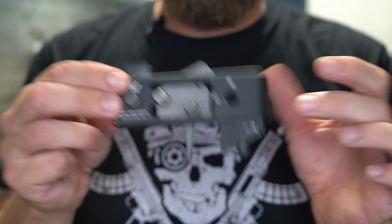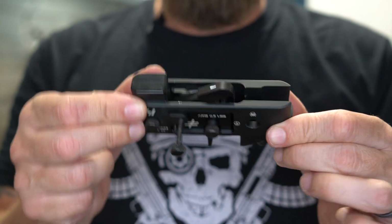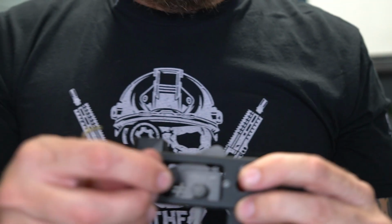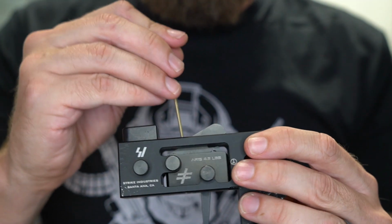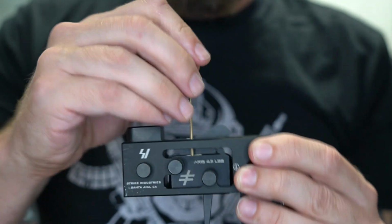All right, let's demonstrate these set screws. Listen to this. Hear all the wobble in there, all right? If I just turn it down, you can see that pin fell out with no problems, all right? So if I come over the top here now, and I just tighten down those 2 little set screws,